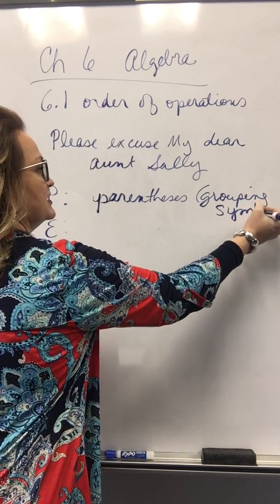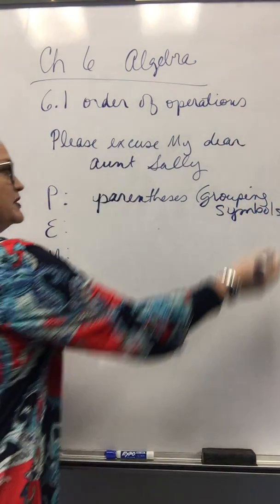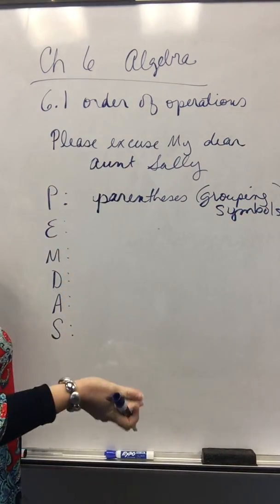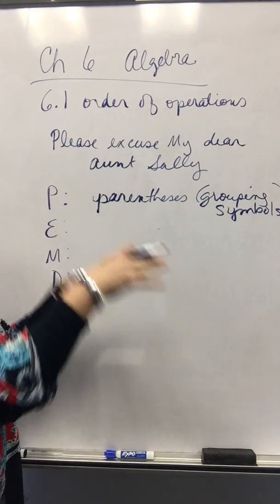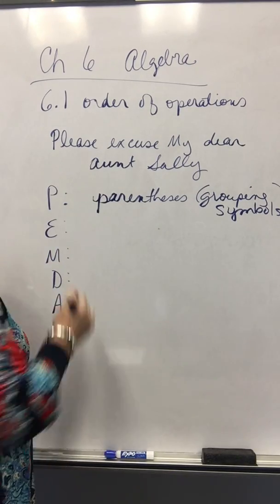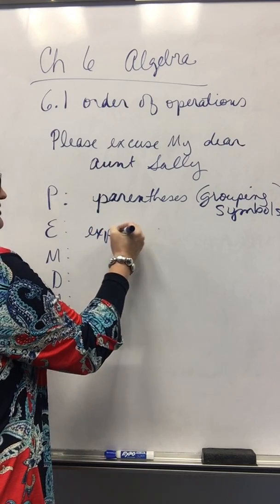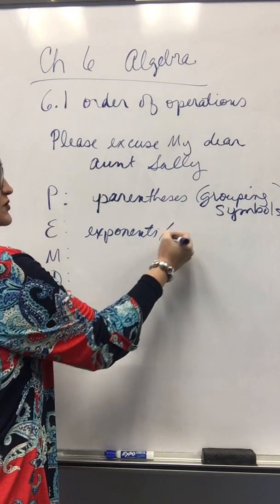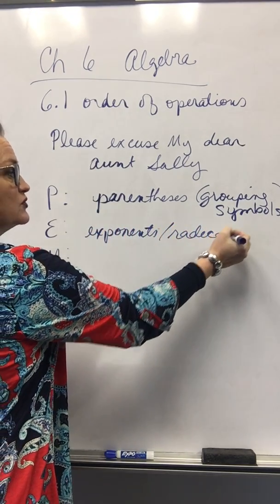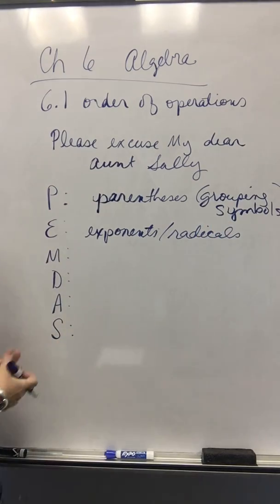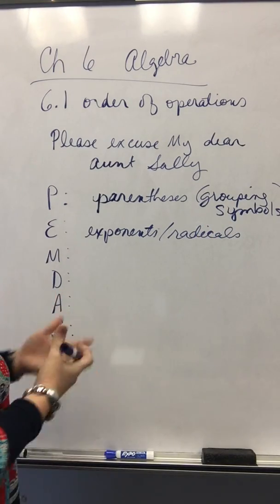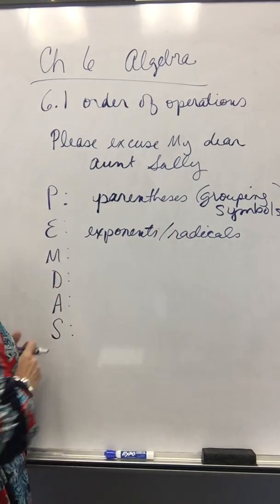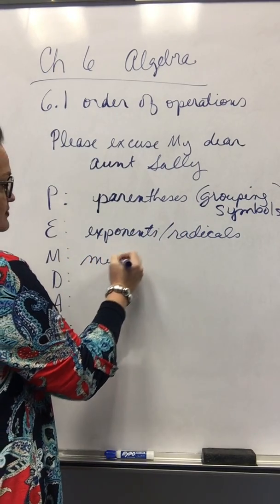And so that could be parentheses, brackets, braces, anything that says these are grouped together, any type of grouping symbol. E is exponents, which would also include radicals. If you have a square root or any type of radical in your problem, they're actually related, exponents and radicals. So that's your second thought. M is multiplication,